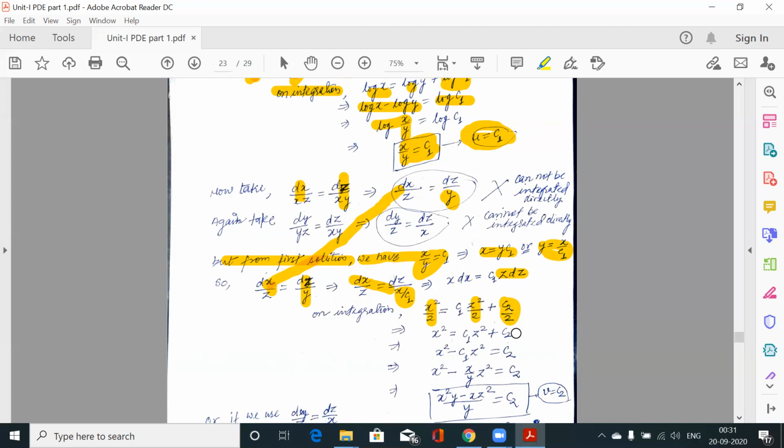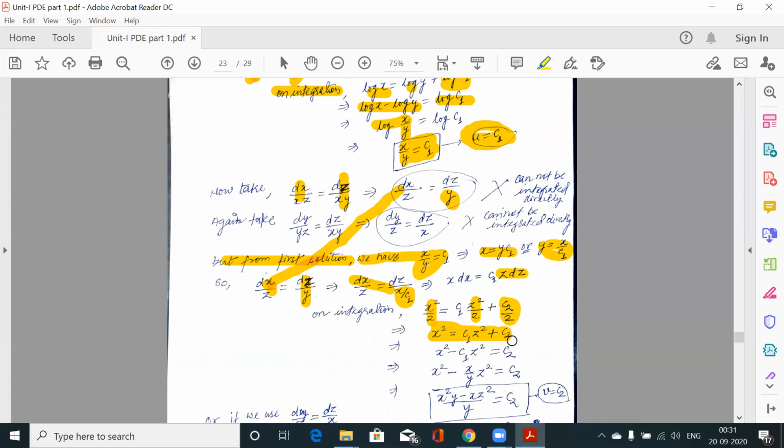You can write c2 only, 2c2, 1 by 2 c2, minus 10 c2, because this is an arbitrary constant. So we can multiply or divide by anything other than 0. So we have written the integrating constant as c2 by 2. Now, just to simplify that, again we have to find out the value of c2. This 2 will be cancelled out by these 2. So this would be x square is equal to c1 z square plus c2.